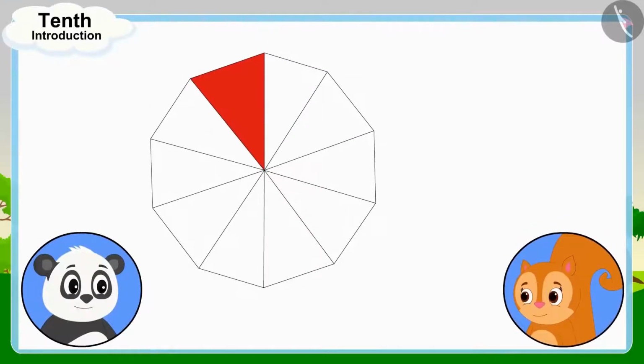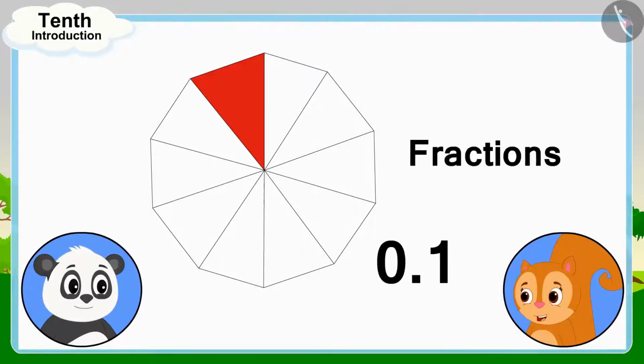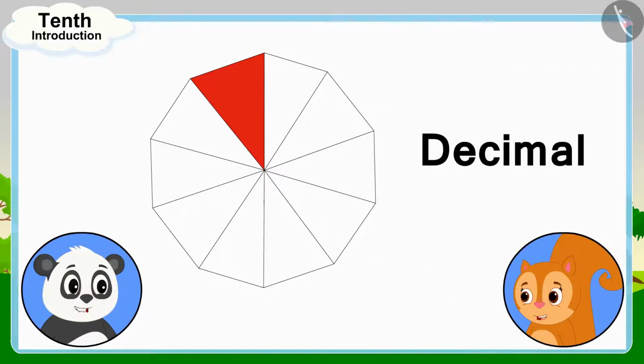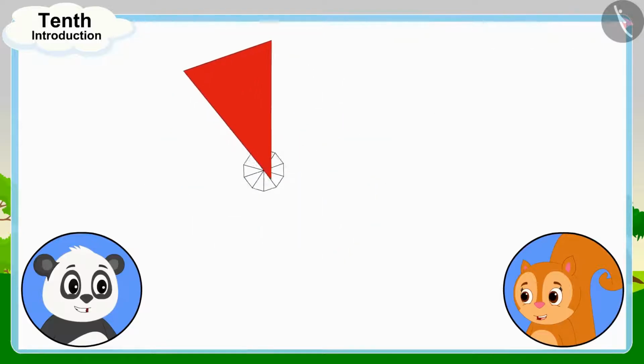Okay, you have colored 0.1 part of the flower, Golu said to Chanda. Chanda could not understand anything. I know about fractions, but what is this decimal? Chanda asked Golu. Look Chanda, decimal means our whole is divided into 10 equal parts, and we are taking one